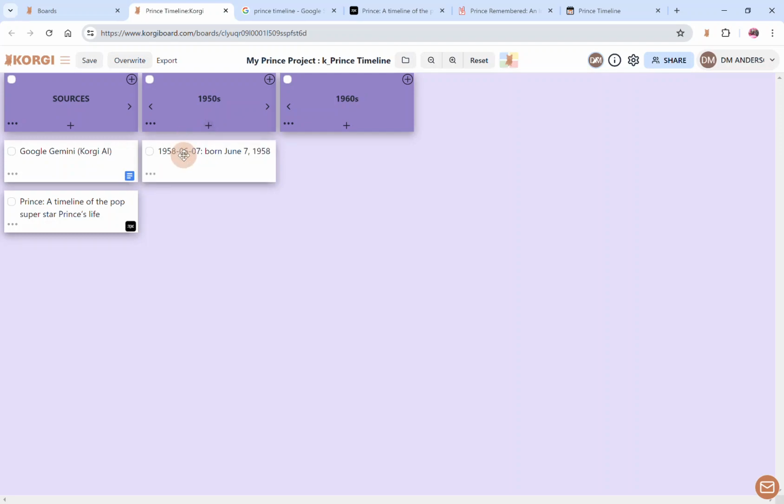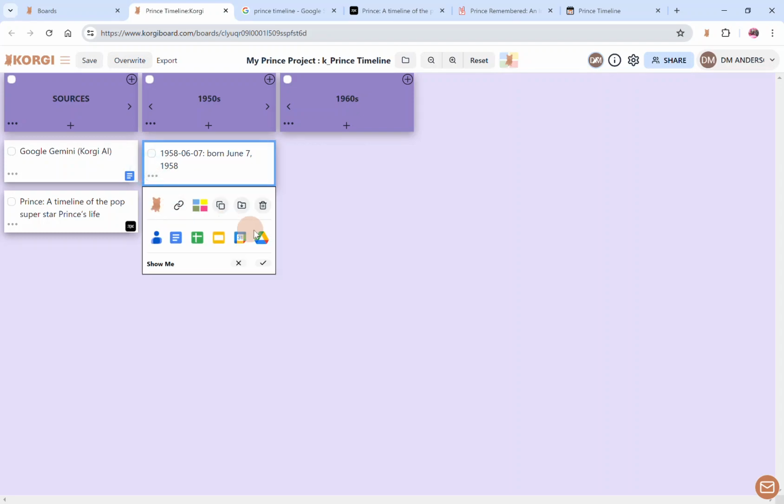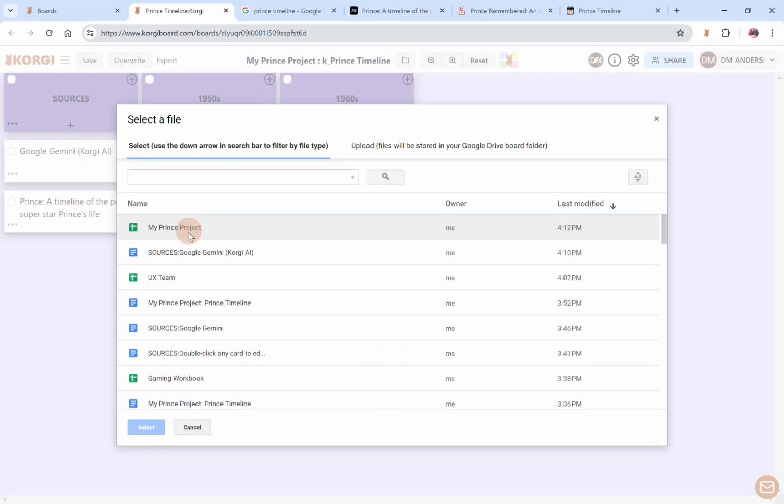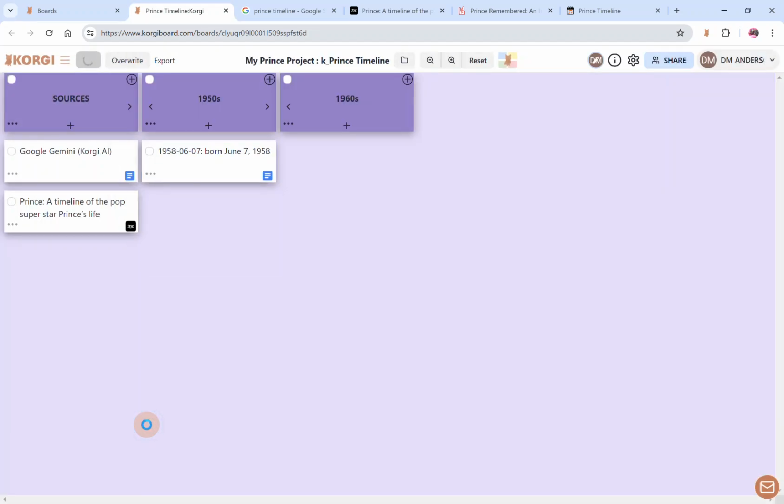I love to timestamp because it's going to make sorting so easy. So I'm in the States, so I'm doing year, month, day. You might do year, day, month. Just keep it consistent and always start with the year. And in this instance, I'm going to attach for my reference document, of course, my Google Gemini Google Doc. We're not duplicating anything. These are just amazing links and bookmarks that make everything so fast and easy in Corgi.